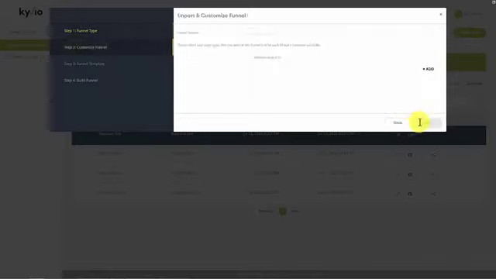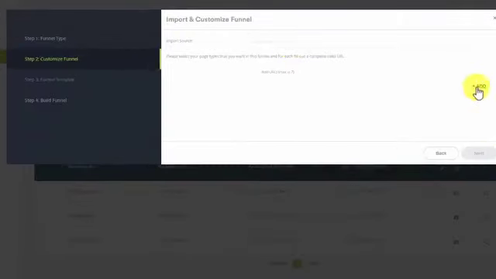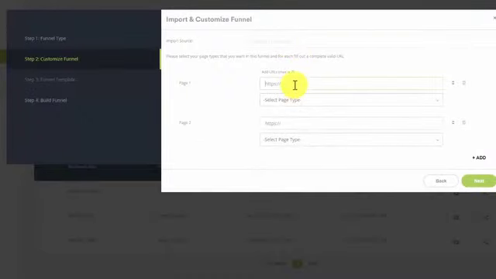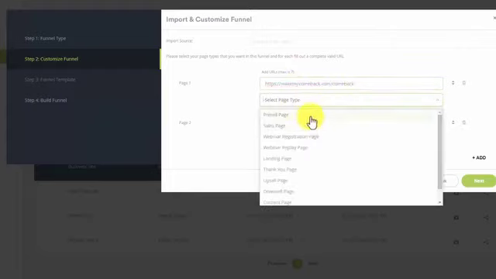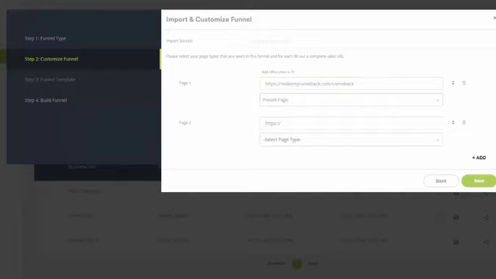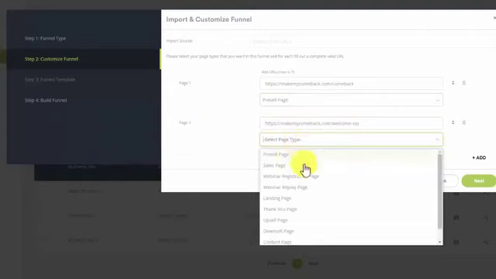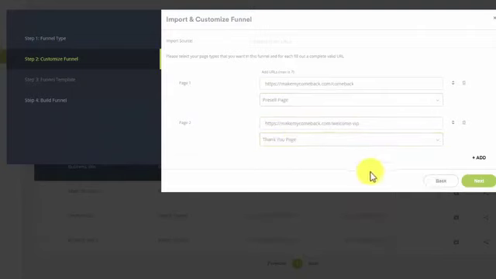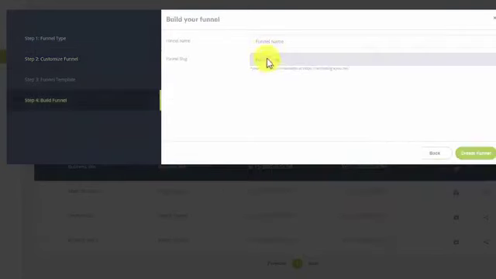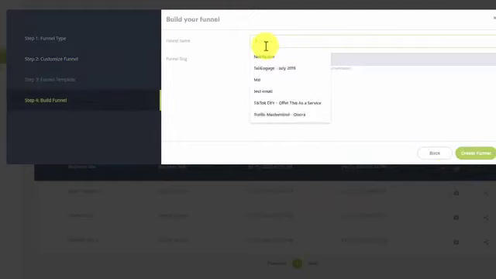So I'm going to click on import funnel, and let's go ahead and add a few other URLs as well. So let's go ahead and add this URL. That's not the one. Okay, so this is the first one, which is going to be the pre-sale page. It's his opt-in page, and then this is going to be his welcome page. So this is going to be the thank you page. Just as important for classification. I'm going to click next and call this